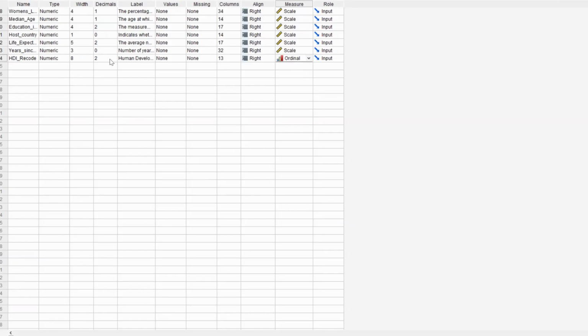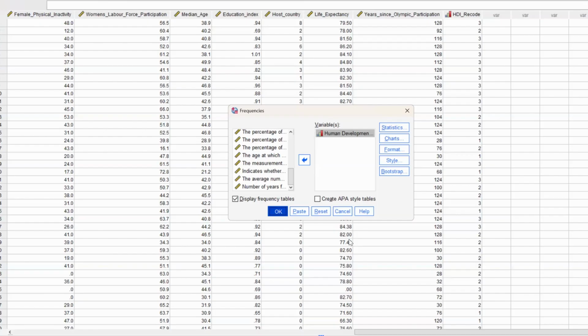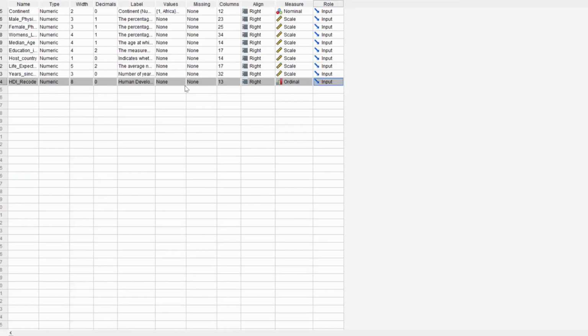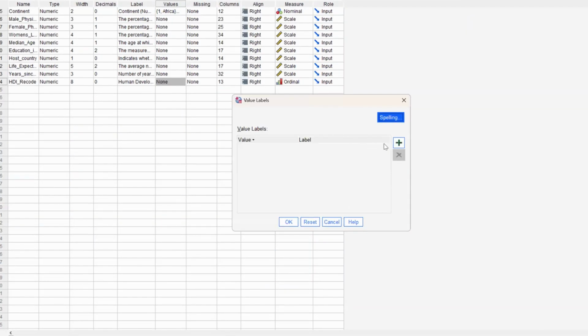Because it's an ordinal, categorical variable, you really don't need a decimal value, so we leave the decimal value as it is. What we should do right now is give them labels. If you go to the values and add values, assigning a label, you have to know exactly the code you assign and what label you want to give. For the purpose of this exercise, because this is the lowest HDI group, let's call it a